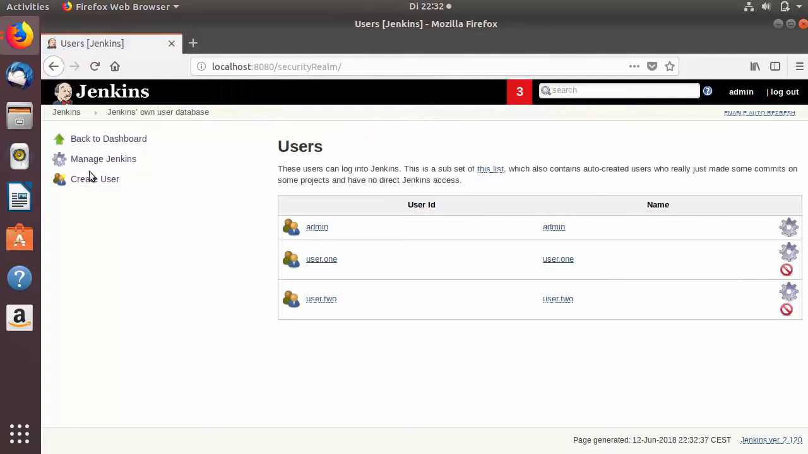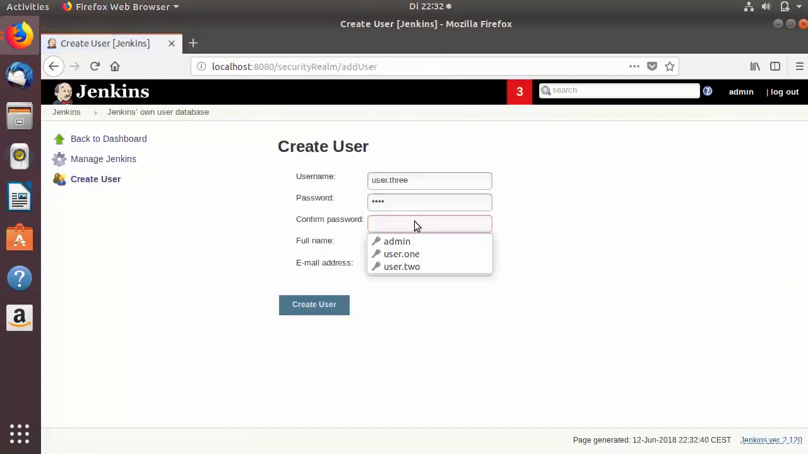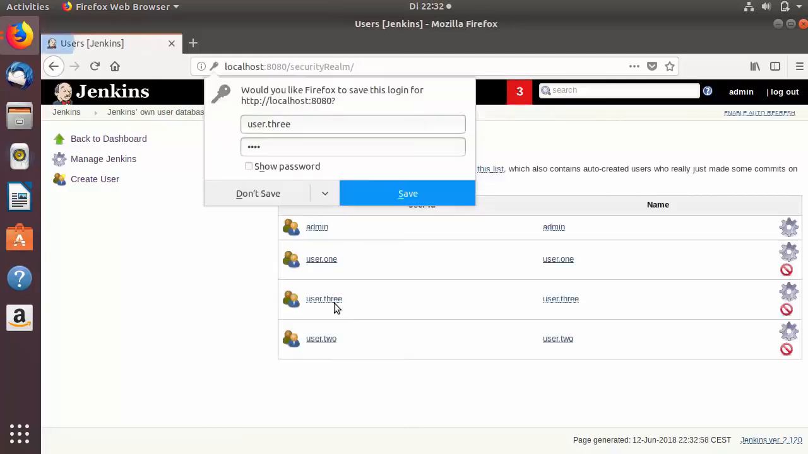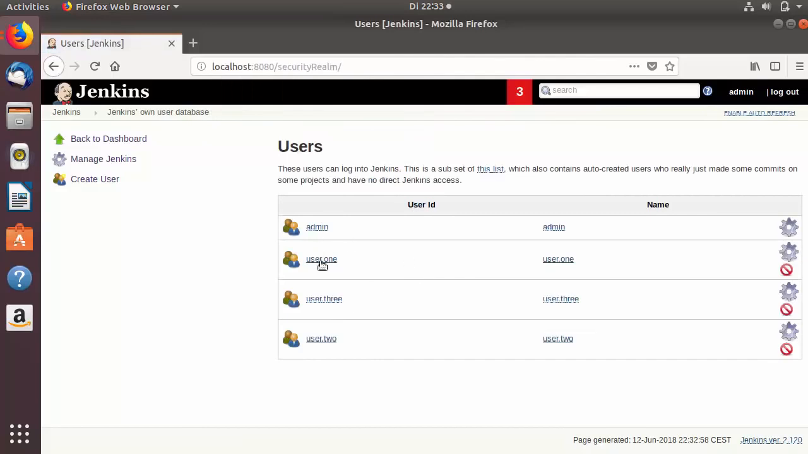And I'm going to create one more user, user.3, and the password and the full name user.3, same, I will leave it as default, and then the email ID. So now we have three users, user.1, user.2,